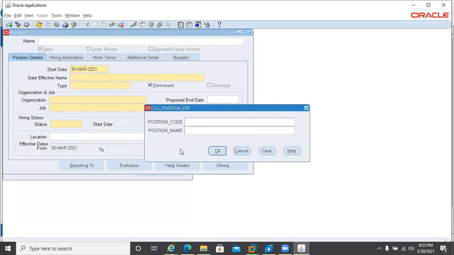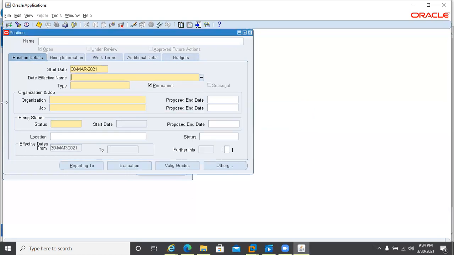So you don't have to worry about that position code. For that, I will try in another session to get that code. Maybe I already have it in my system. I will get that code and add it with the value set, and at that time you will get an idea how that number is generated automatically. So you don't have to enter it manually.